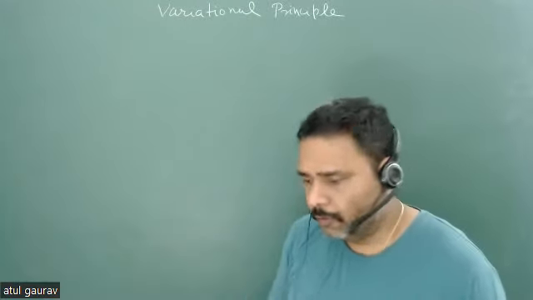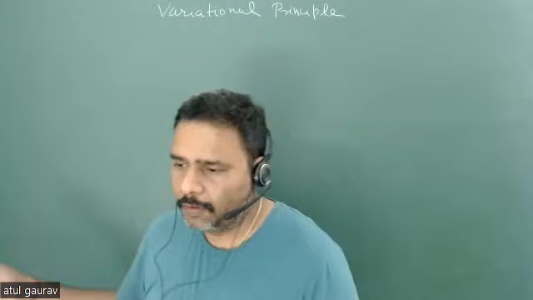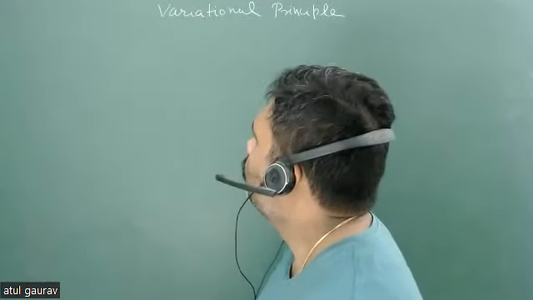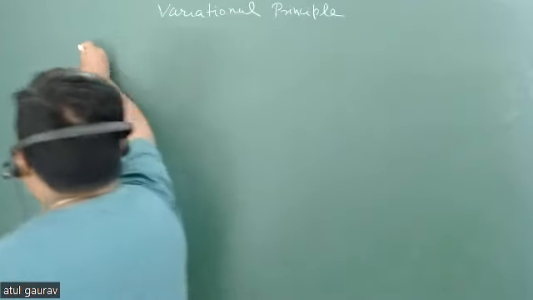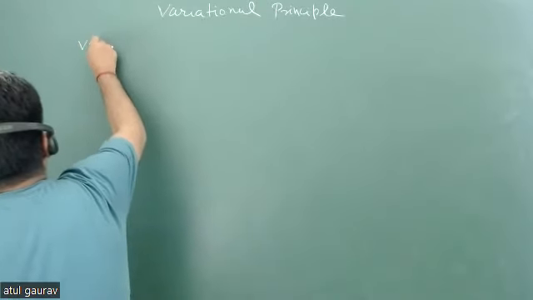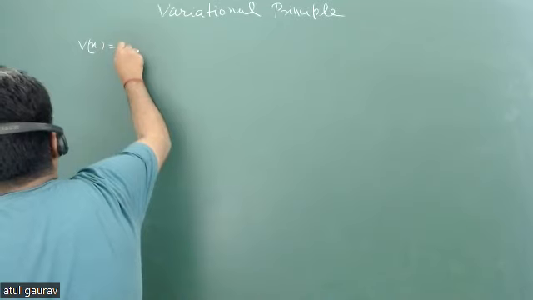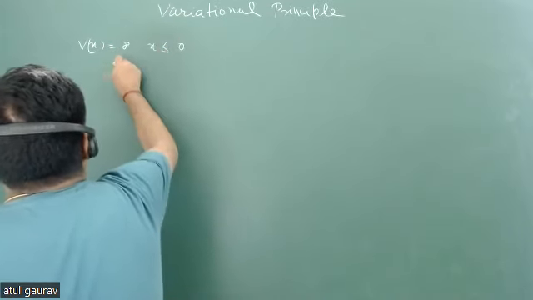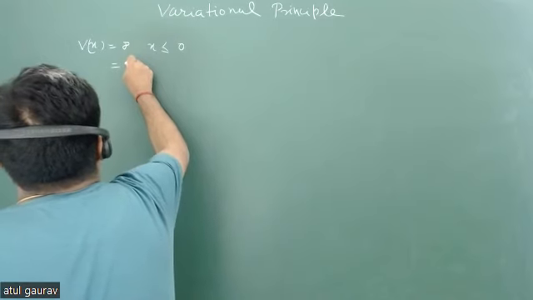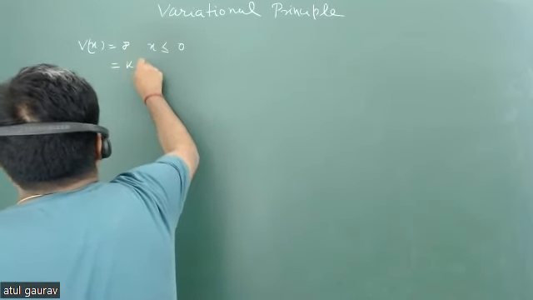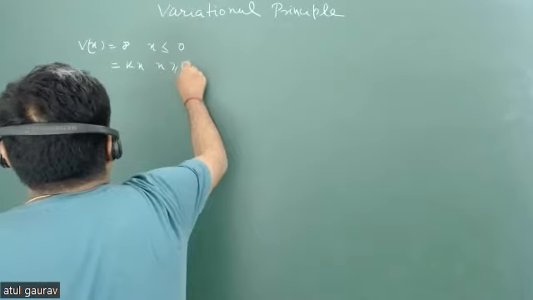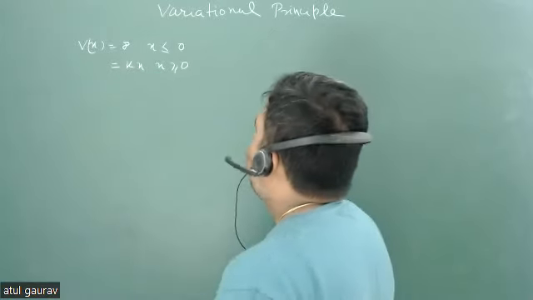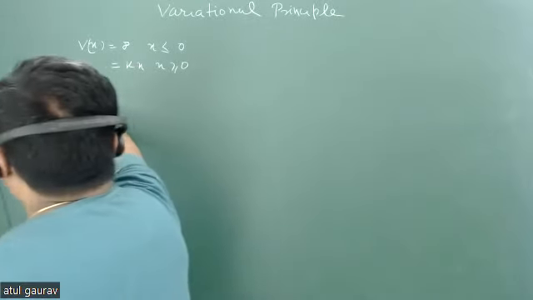Okay, so let's try to go for some more problems on the variational principle. This problem is very interesting. V(x) is equal to infinity if x is less than 0, and kx if x is greater than 0. So this is my potential, and we have to take a